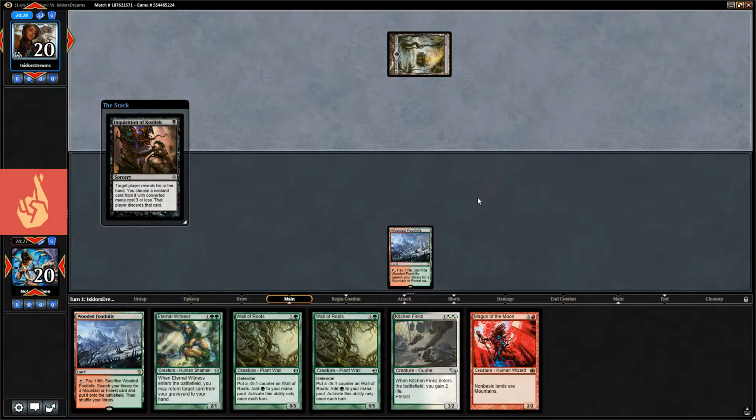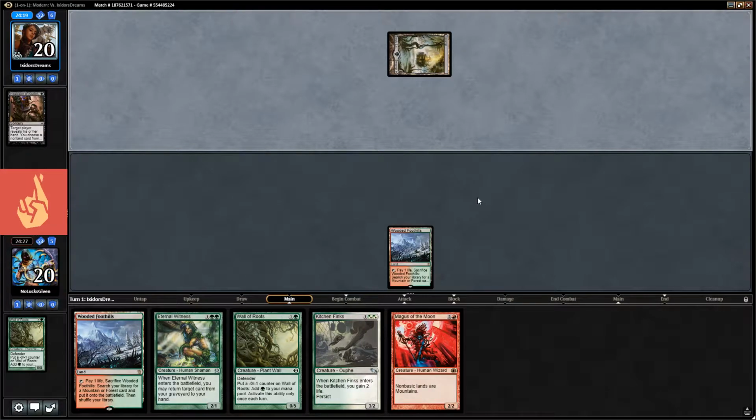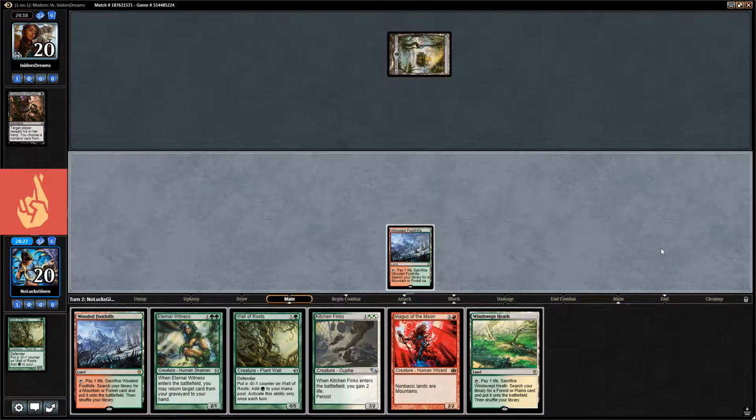I think the real pain here is this Wall of Roots number 2. So you cut out. Are you still there? Yeah, still here. Can you hear me? Yes, I can hear you. You just cut out for a second. Oh, no worries. It's definitely a little bit unfortunate. I feel like we are probably...